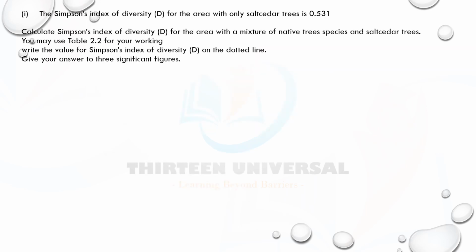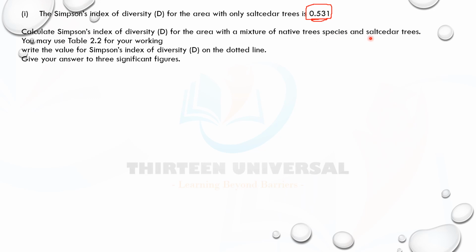So let's look at what they want us to do. Now guys, it's time to play games of the mind. Let's do this. The Simpson index of diversity D for the area with only salt cedar. Remember, we have two areas here. So salt cedar is this. After calculation we have 0.531. The next question says calculate a Simpson's index of diversity D for the area with a mixture